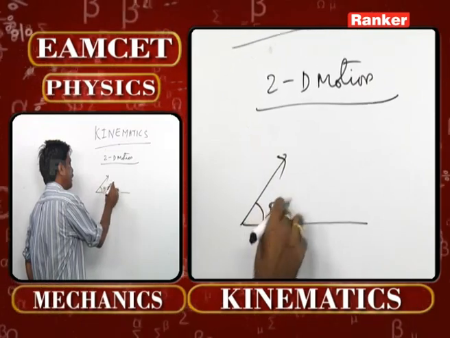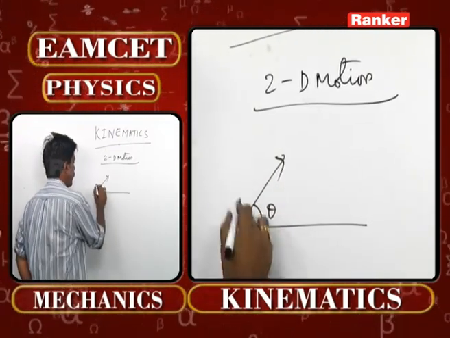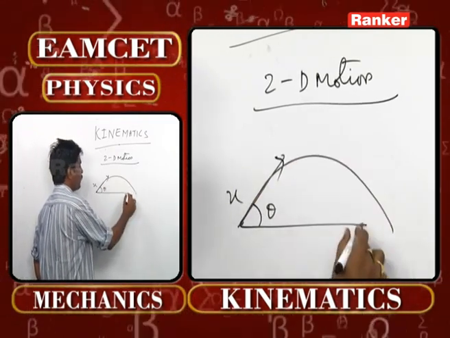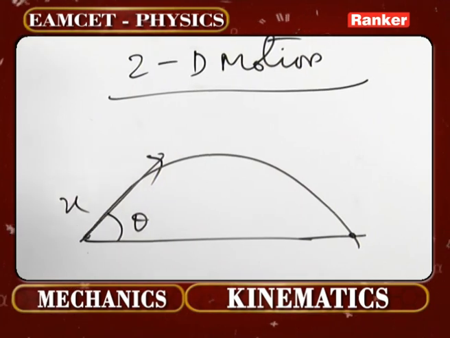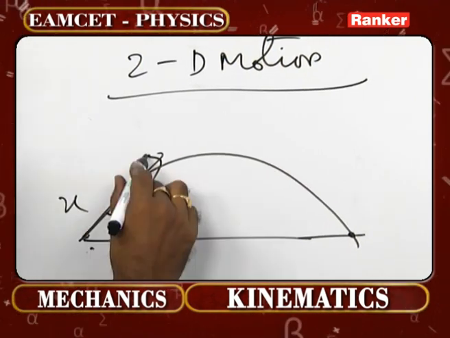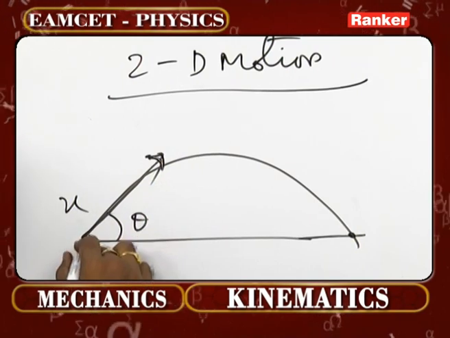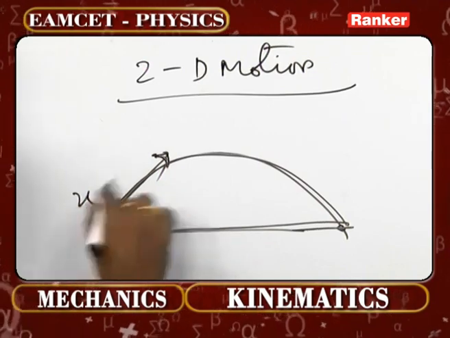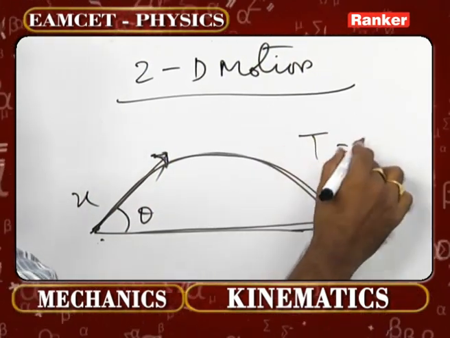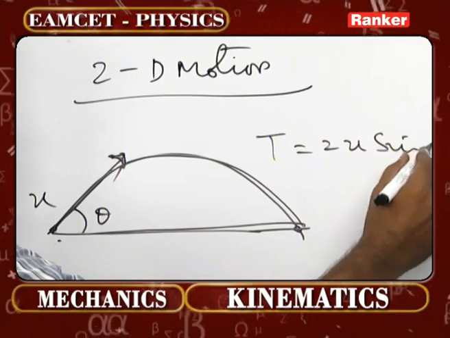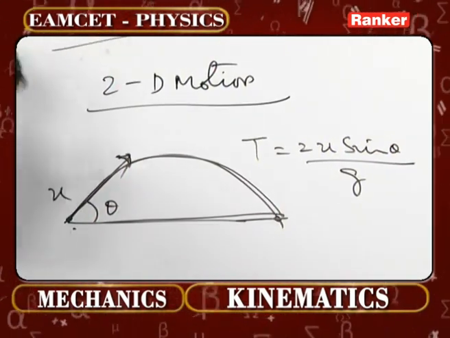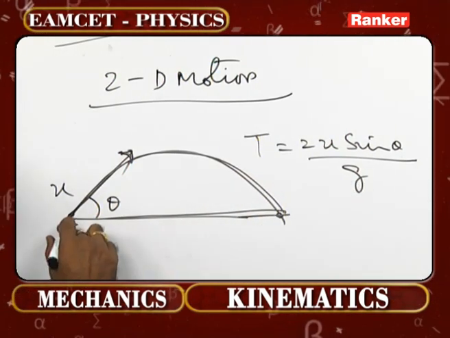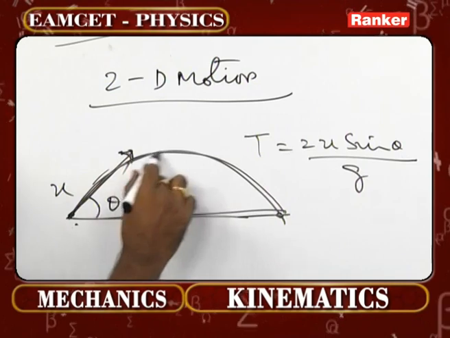Suppose you project the body at an angle theta to the horizontal with a velocity u, it will reach like this to this point. When the body reaches the same level of projection, the total time is called total time of flight, which is equal to 2u sin theta by g. I am not deriving all the formulae because of lack of time, I am just giving you the results. T is equal to 2u sin theta by g is the time taken to reach the same level of elevation